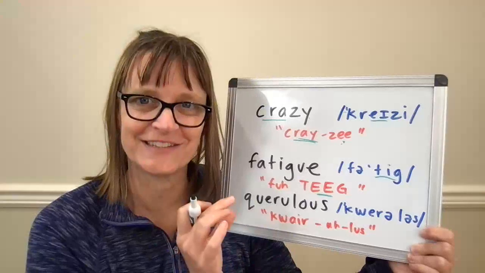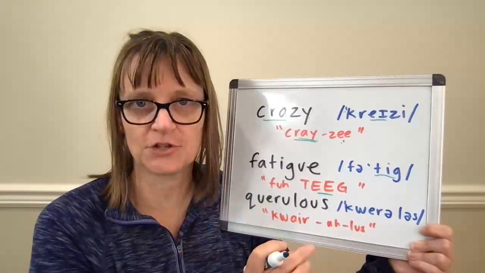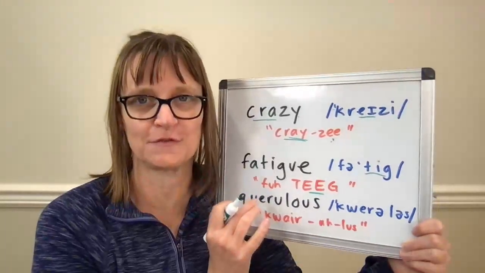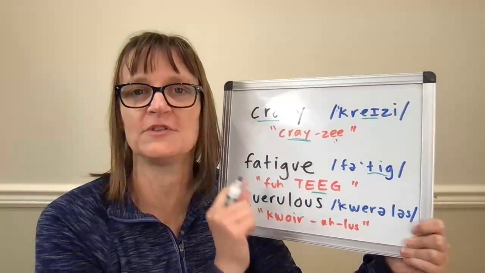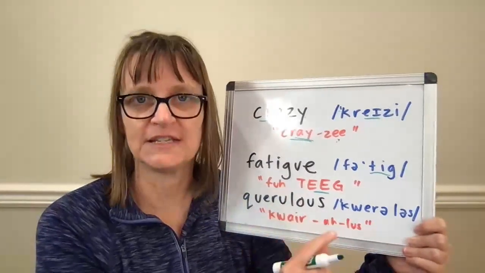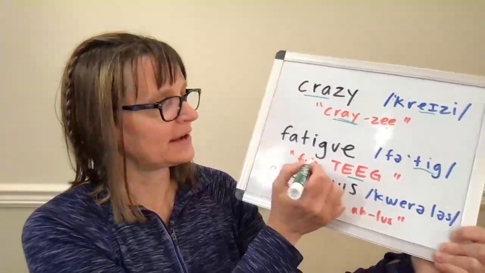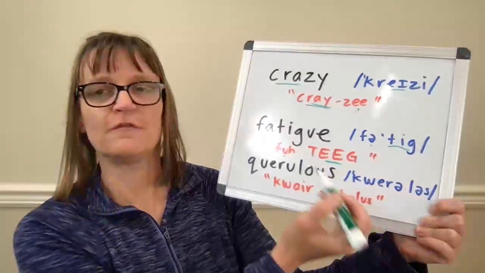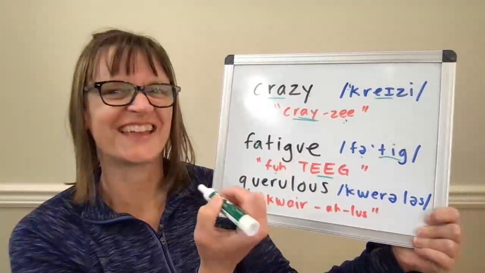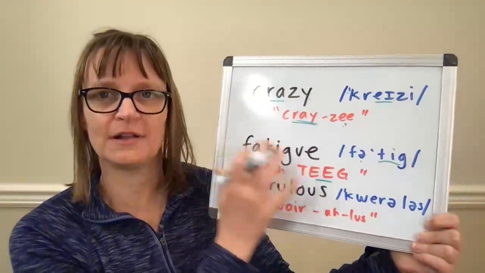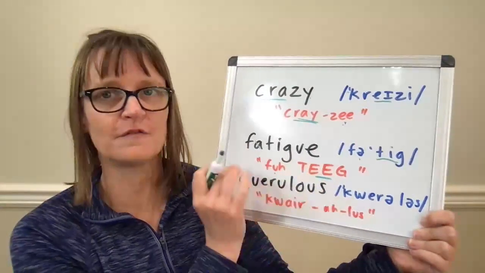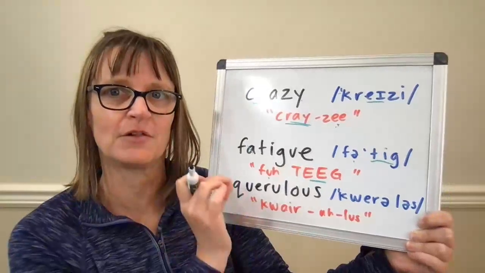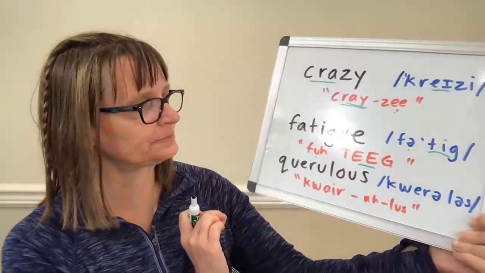Anytime a word has second syllable stress, I recommend starting and practicing on that stressed syllable, then adding your unstressed first syllable. For example, for fatigue, you would say teague, fatigue. That helps you get the rhythm and helps you really reduce that vowel. So even though we have a letter A here, we have the schwa vowel sound, and it's very short and reduced. I don't want a lot of length there. If I say fay or fah-tigue, it's going to sound wrong. Just a quick, light touch, reduced vowel: fatigue, fatigue.